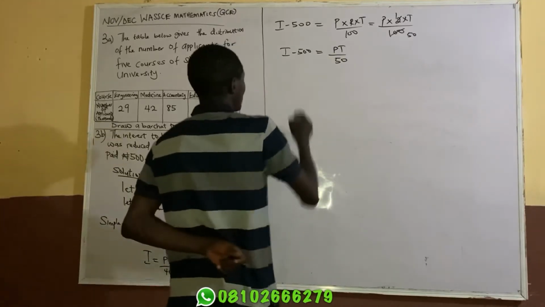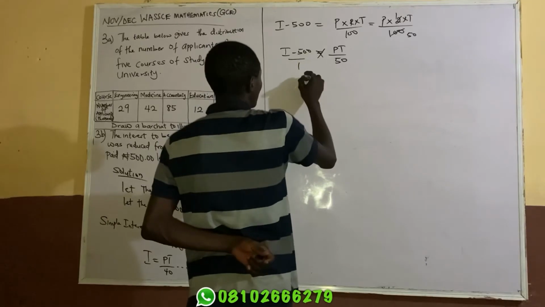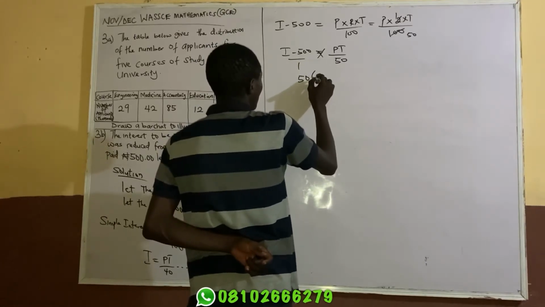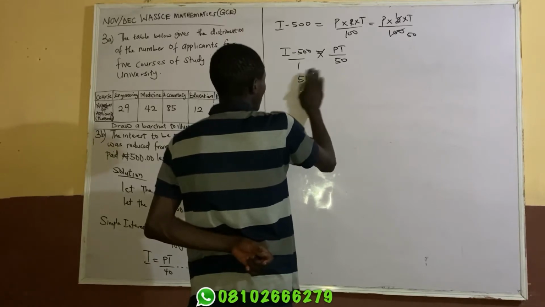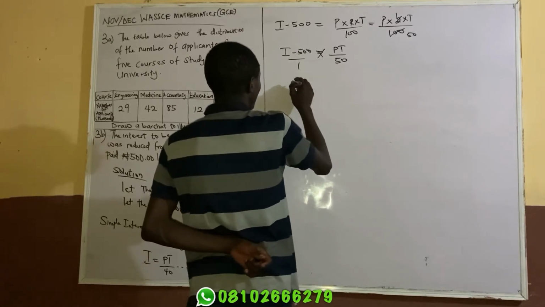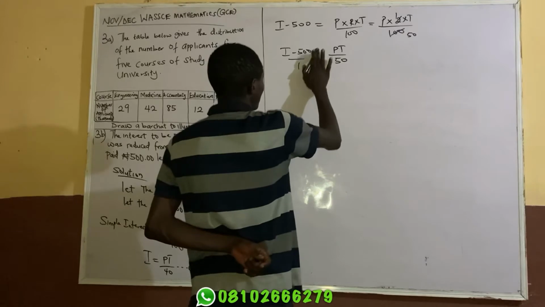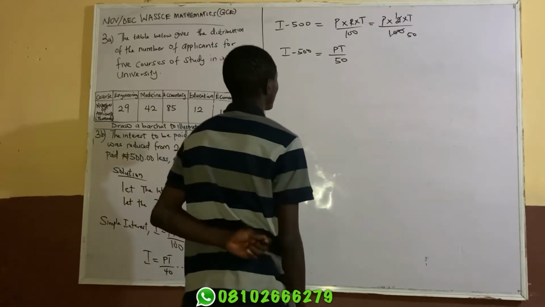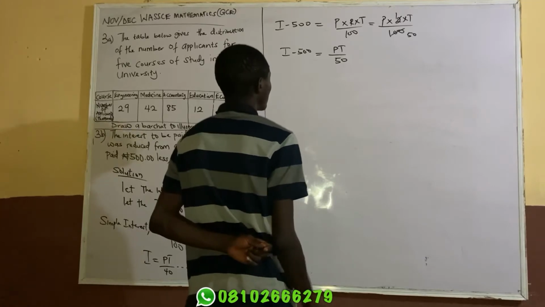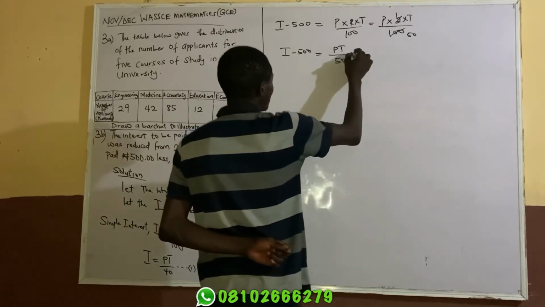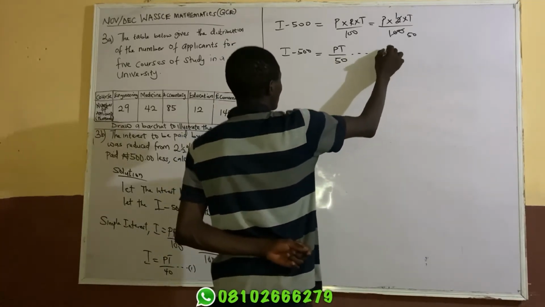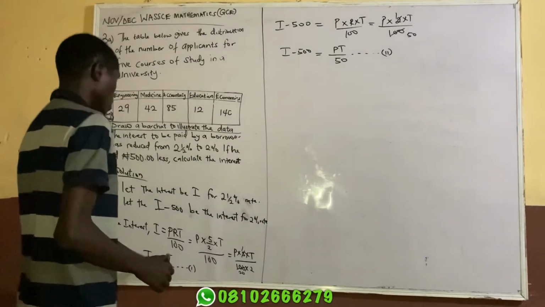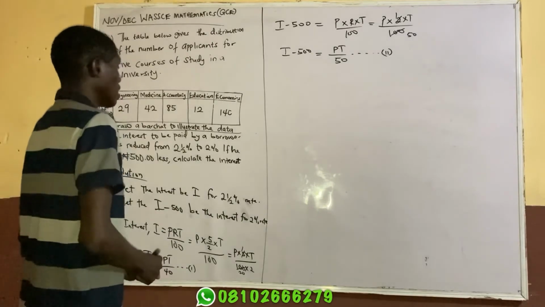So I minus 500 equals PT over 50. Let us leave it like that, no cross multiplying yet. I minus 500 equals PT over 50, call it equation 2. So now, since we have PT, I, and it said that